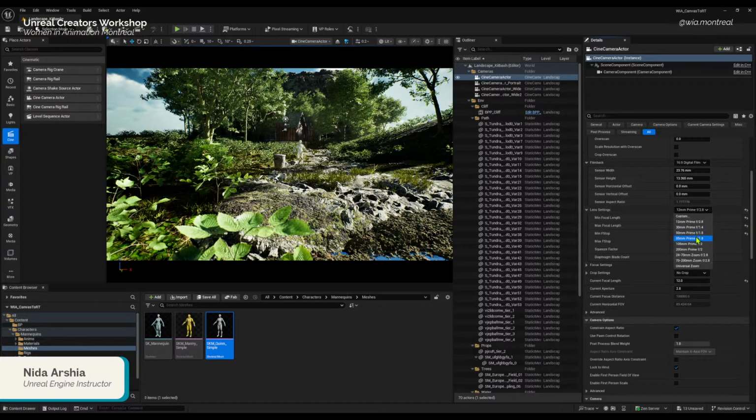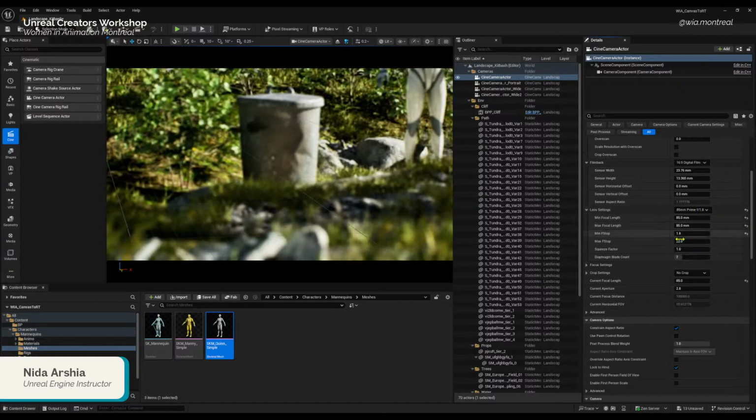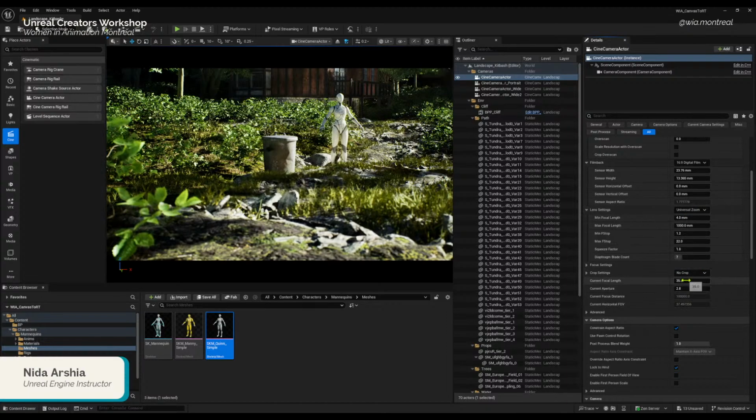So now if I have selected an 85 mm lens, I cannot change the focal length. So it works like that. Again, similar to the film back settings, if you want to have something very close to an actual camera, then you can work with these presets. Or if you are well knowledgeable about this, you can go with the universal zoom and keep your own focal length, which has an actual focal length in real cameras, physical cameras also.